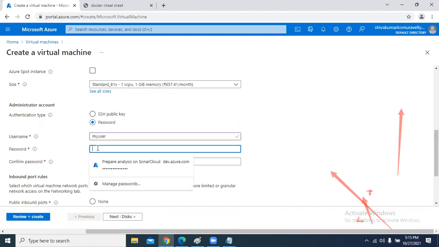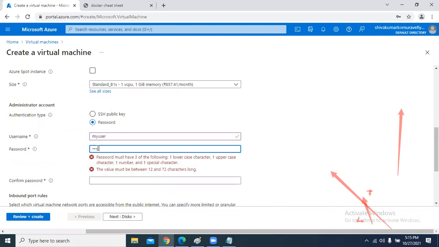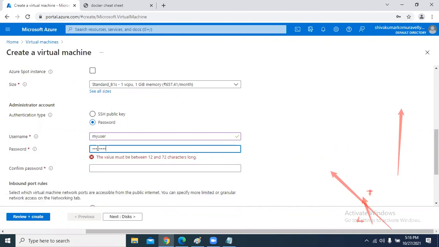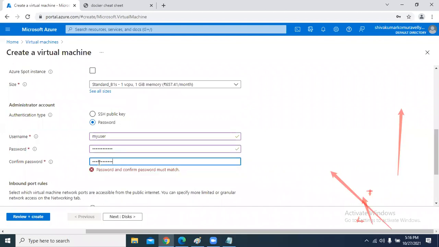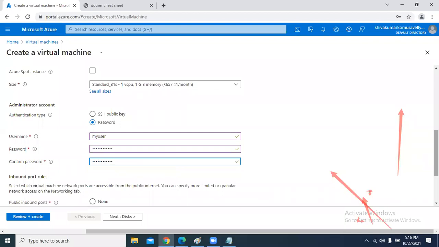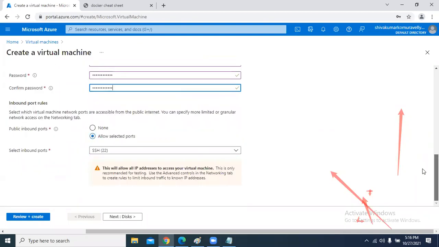Password: you can give any password. Coming down, the selected port is SSH. Yesterday we discussed what an inbound port means.